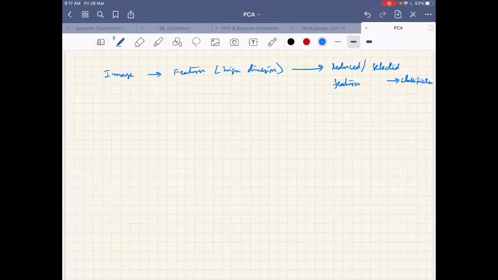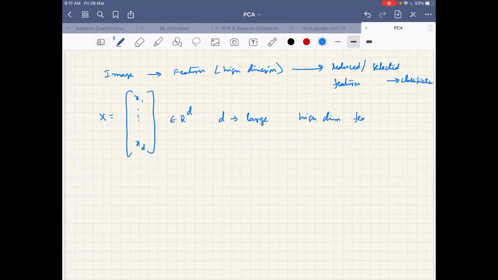Now the question is, assume that X is a feature vector, X1, X2, up to XD, and this feature vector belongs to R^D, where D is large. So it's a high dimensional feature vector. If I want to perform classification, how many such X's will I have?